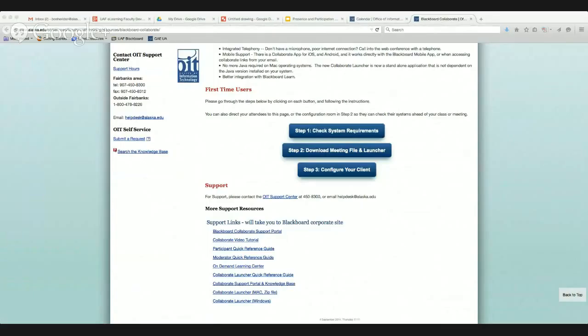The three handouts I gave you, two of them are just a quick reference guide. One is for moderator, one is for participants. I recommend that as part of your initial course documentation and part of your intro, give the students a copy of the participants guide. If you've got somebody that's got no experience with Collaborate, that'll help them out. The moderator guide, if you are a new instructor with Collaborate, has some of the tips and tricks on it. These documents are available from Collaborate. If you follow the helpline from within a Collaborate session, you can download these.